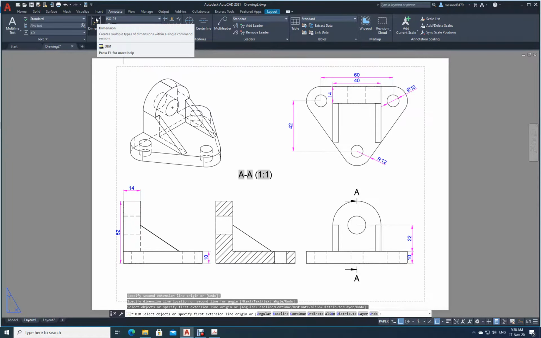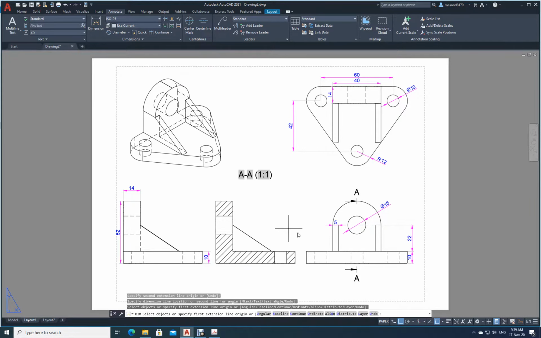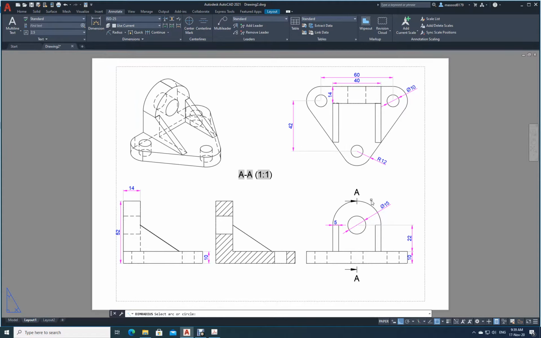What else is there? Do we need to show something? Yes, there is one more. The diameter of this circle. Diameter of this circle was how much? 15. And then is there anything else you need to show? Almost everything is shown over here. If there is something missing, yeah, the thickness of the web. Okay, 5, it is there. You can move it out. So almost everything is, yeah, we want to show the radius of this one. Let's show me the radius of this circle. Say 20. Now everything is done.